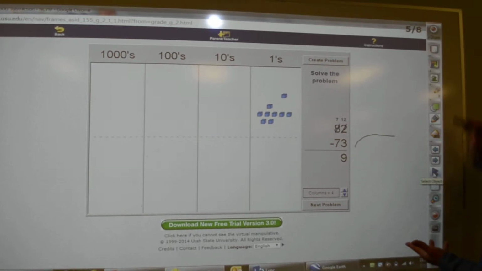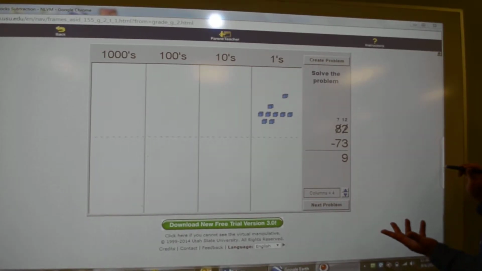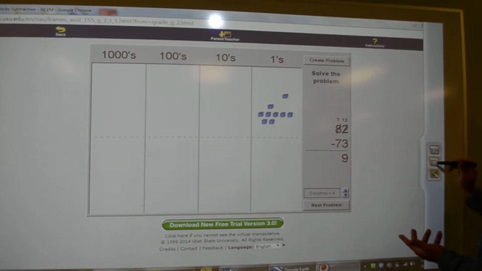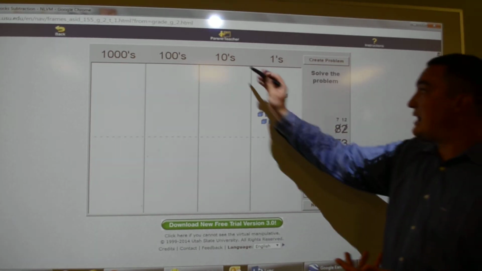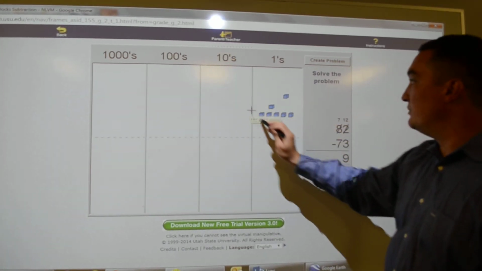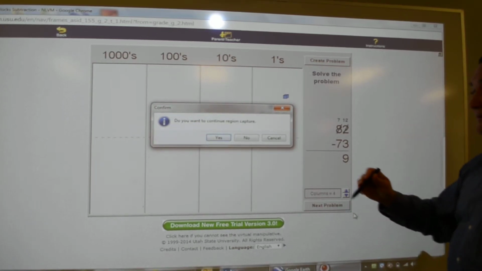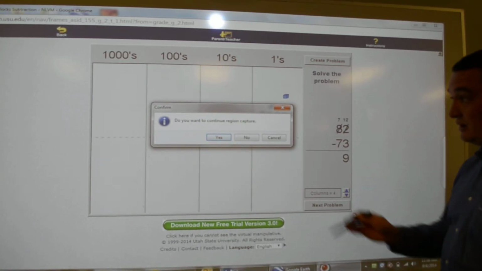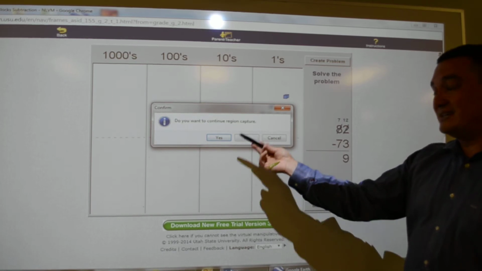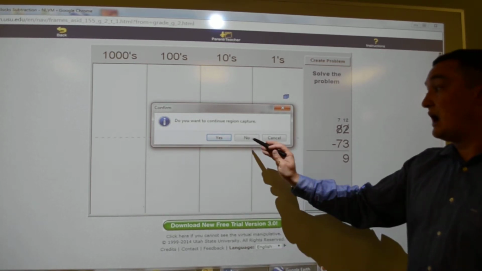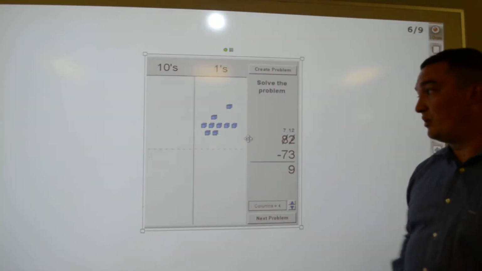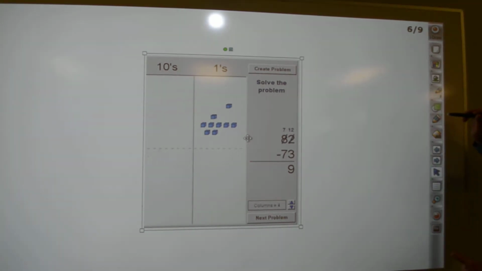So what I'm going to do is add a new page. And in Windows mode, I really like this area capture because when I select it, it lets me crop the image that I want and send it into Idraw. When it asks you, do you want to continue, if you say yes, it's going to let you take another picture. I'm going to say no because I took the picture I wanted, and that goes into Idraw, and here